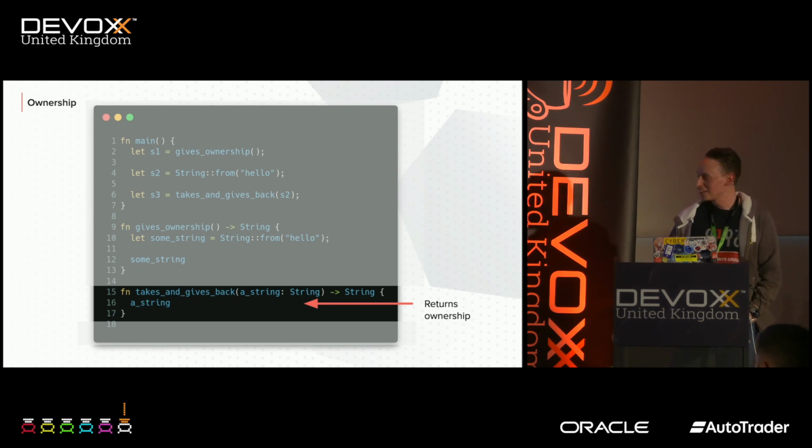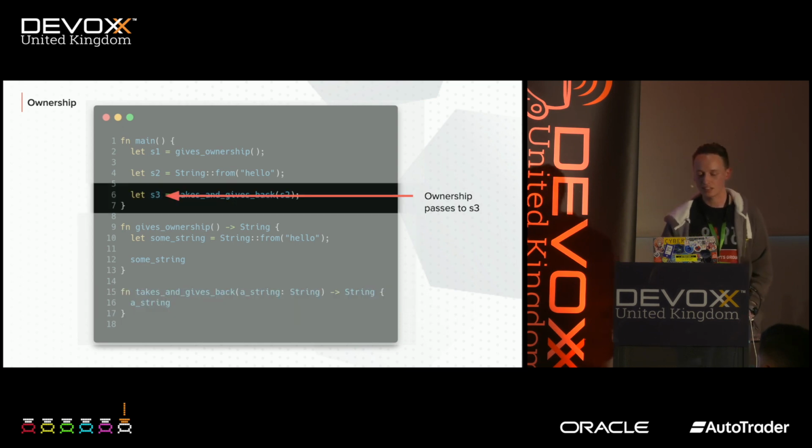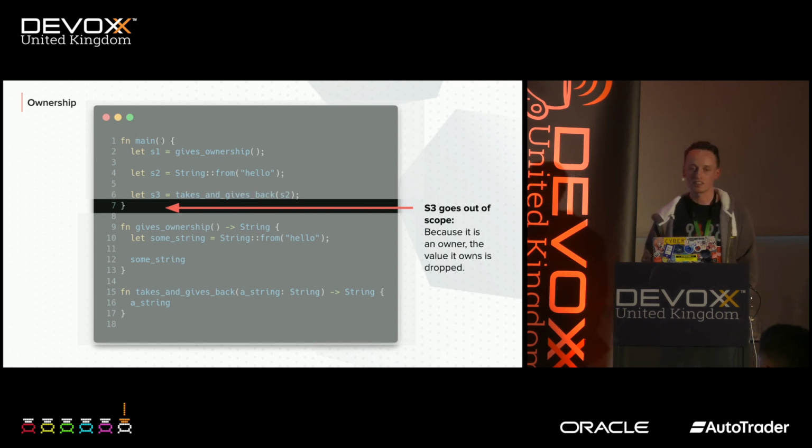But what's happening here is that we immediately return this value from the function, right? We're not actually doing anything at all with it. You can envision in a more practical example, we'd do some transformation with it, but we're just going to return this value from the function. And what that's going to do is, after having taken ownership of this value, transfer it right back to this S3 value.